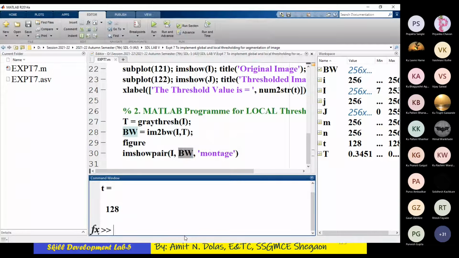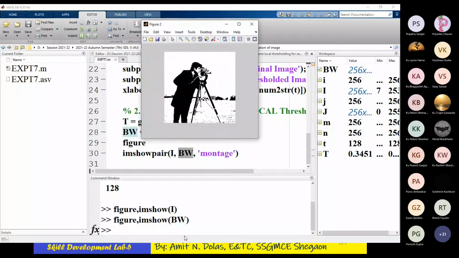I'll try here. I'll write here figure comma imshow in brackets capital I. Yes, one figure. I may go for another imshow comma BW. So I do have two different images here, separate.